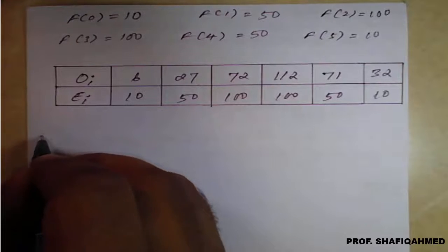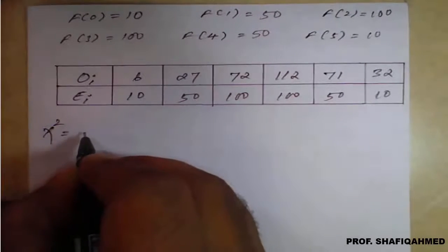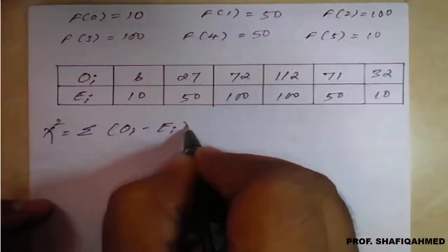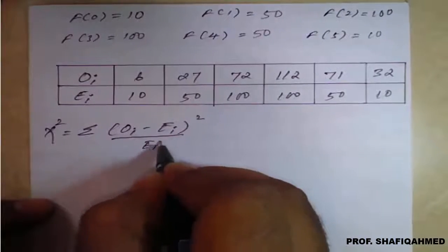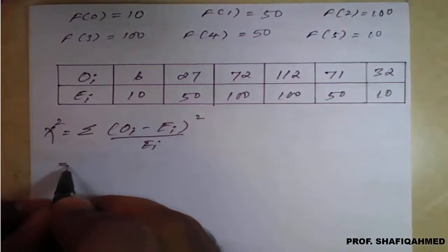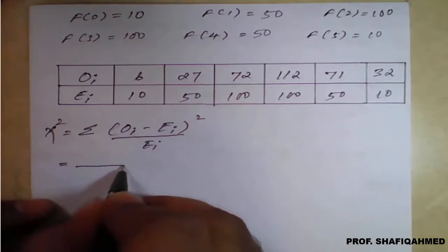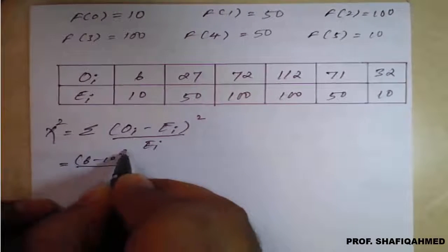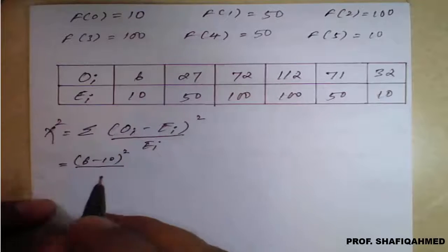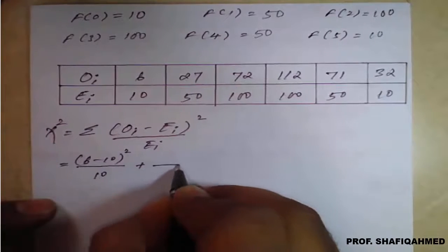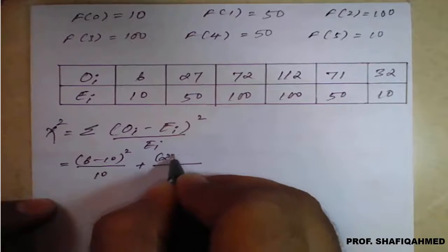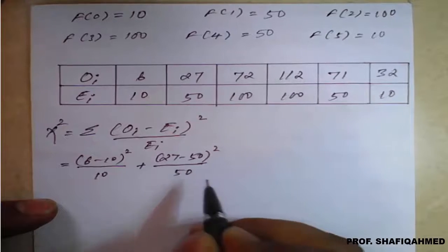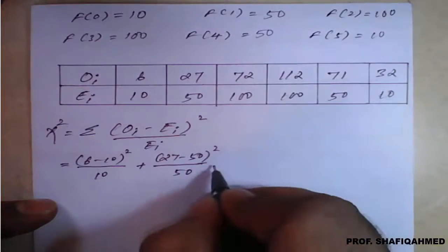Now the chi-square formula is given by summation of (Oi minus Ei) whole square divided by Ei. So which can be written, by using the values, as 6 minus 10 whole square divided by Ei, means the first value E, that is 10, plus 27 minus 50 whole square divided by 50, plus